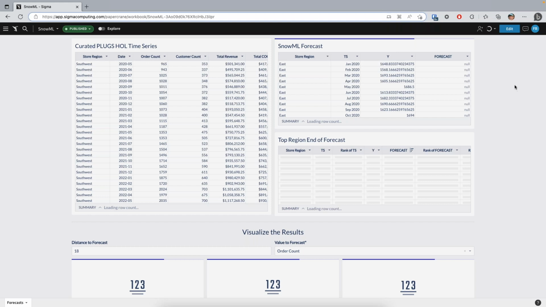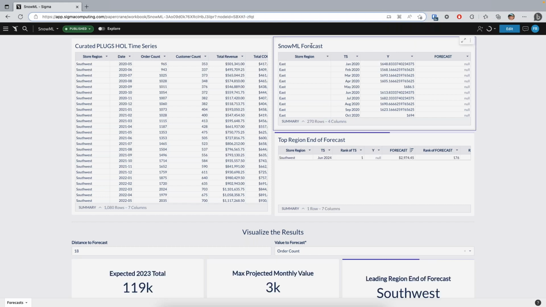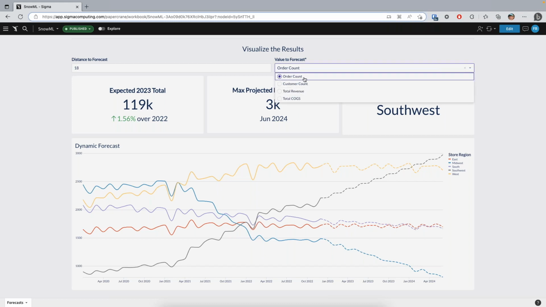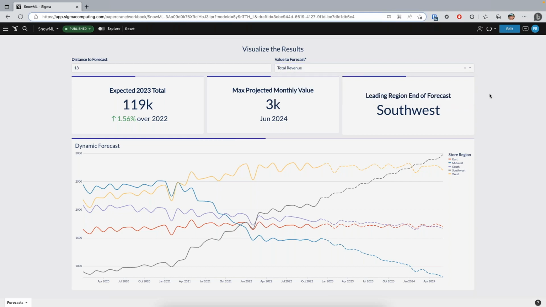for Snowflake customers. What's actually happening here is we have this Snow ML forecast, or SQL ML forecast, that is generating forecasts for whatever model you put in. I've set up some SQL parameters so that we can explore this, where I can change what value I want to forecast. So instead of forecasting order count, I want to forecast total revenue. That'll send that in as an updated parameter to my SQL code, and we'll be able to see how the pre-trained Snowflake SQL model would work.